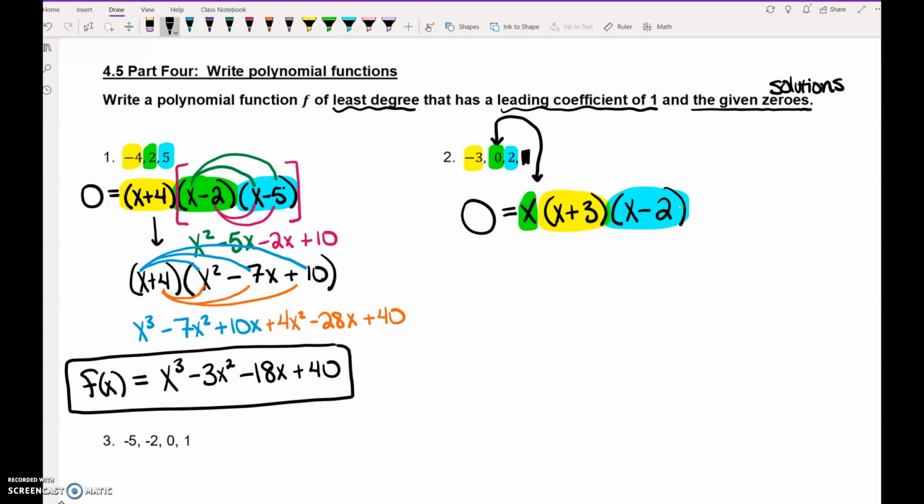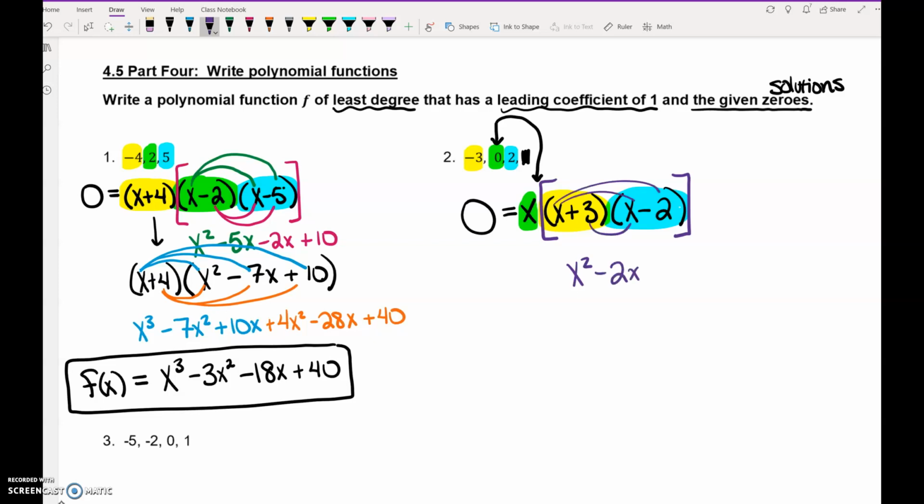Now there's a couple different ways that you can multiply this out. Some people prefer to do the same thing we did previously, multiply out the yellow and the blue together and then multiply the green into it. Some people prefer to multiply the green into the yellow and then double distribute. Whichever way you choose to do it is totally fine. I think I want to show you this way, doing the yellow times the blue, and then we'll multiply the green in. So if we double distribute, we've got x squared